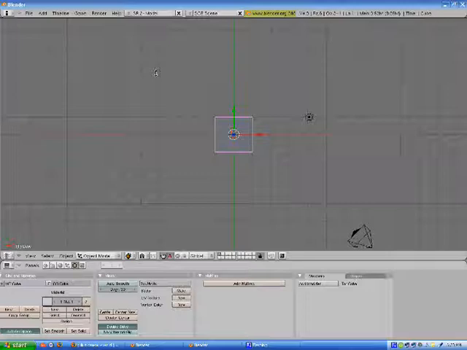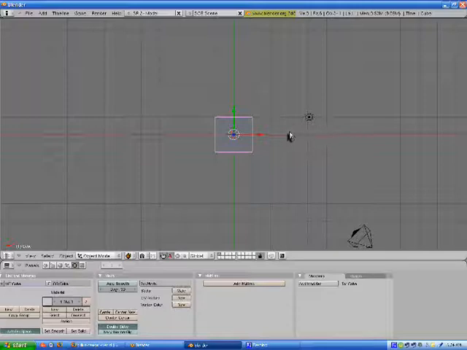So this is a basic to advanced Blender tutorial on creating a weapon for Gunz, texturing it, exporting it, and coding it into the game. So the first thing I want to show you is some navigation techniques for Blender, and they basically include panning, zooming, rotating, just the view, not the